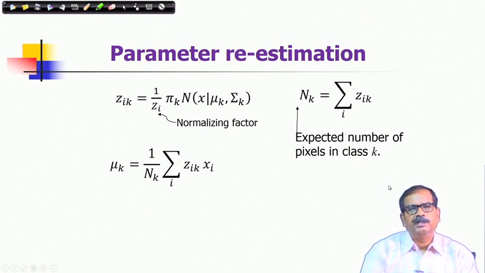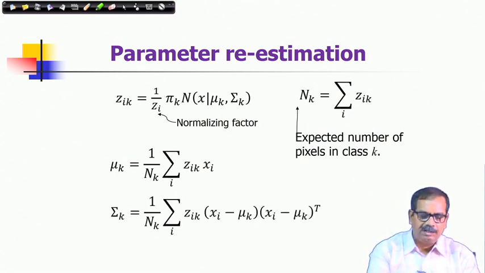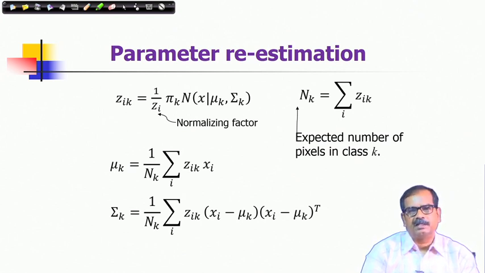Now you compute the mean of the cluster k by considering the corresponding likelihoods as the weights for a particular data point. So, it is the weighted mean of the data points belonging to that cluster. The belongingness is defined by likelihood. That is how you get the mean of the cluster. In the same way, you get the covariance matrix of the cluster. This is how the covariance matrix is also computed.